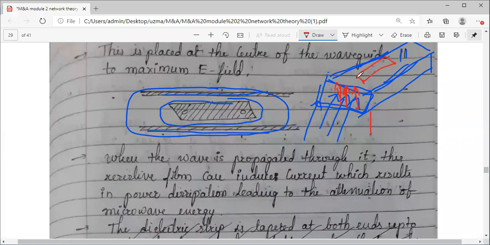Parallel in the sense, I cannot draw it here. Okay, you try to imagine. I cannot show you in a two-dimensional structure how it is kept parallel. It should be kept like this. Just rotate it. I cannot show you, but try to imagine how it is kept. It is kept parallel to the maximum electric field.